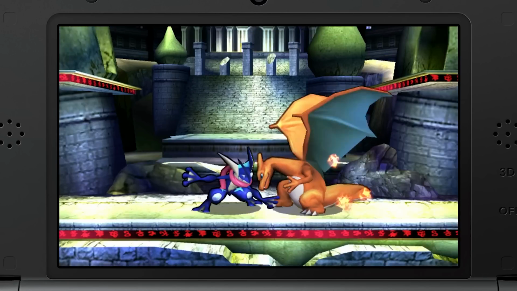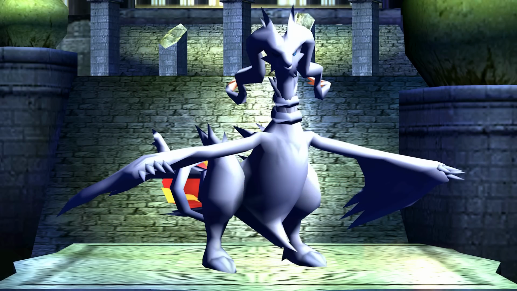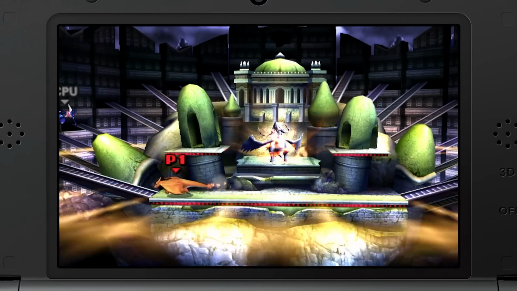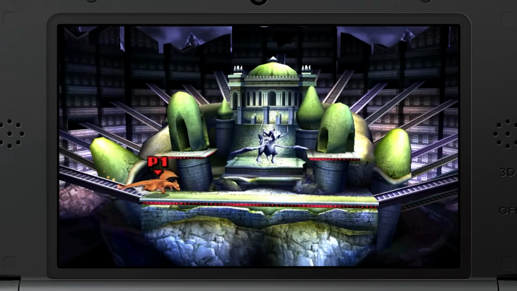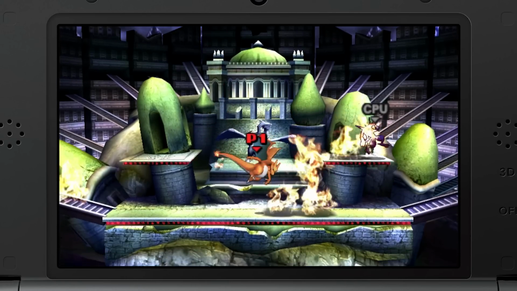Ramps will appear on either side of the stage, and then one of the two legendary Pokemon will appear, either Reshiram or Zekrom, the main legendaries of Black and White. When Reshiram appears, the Fire Dragon Pokemon will attack using flames. Fire will either engulf the sides or the center of the stage, of course making it more difficult to traverse